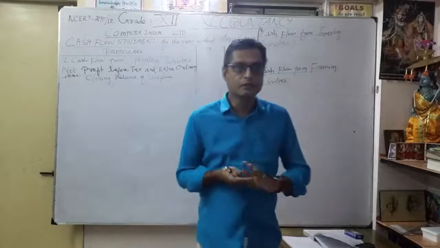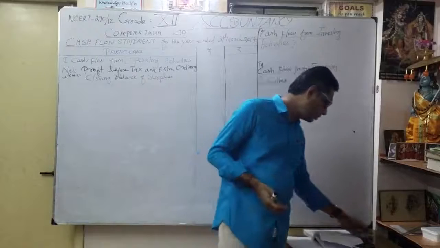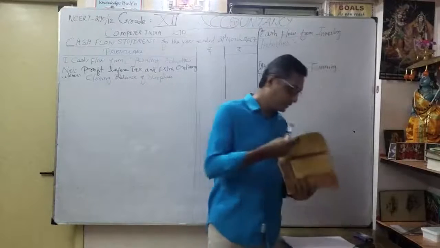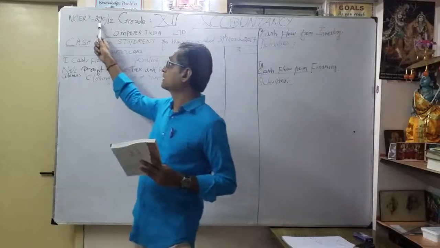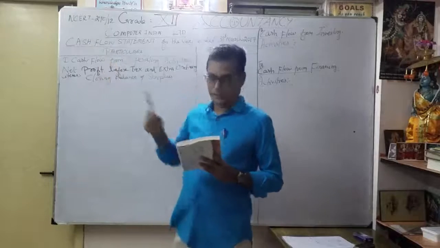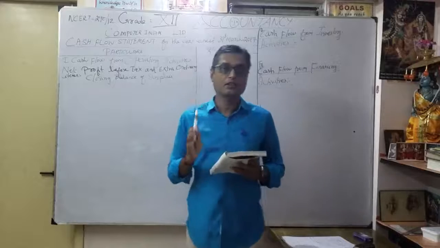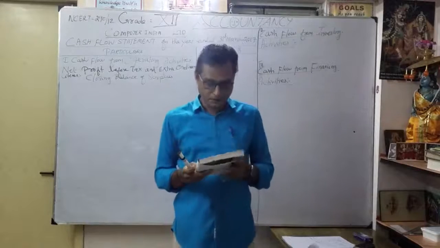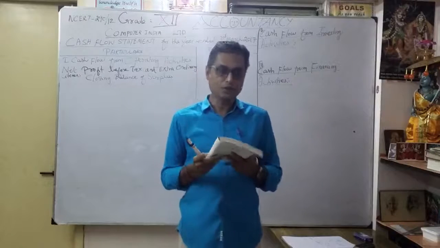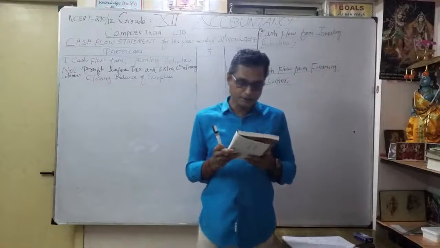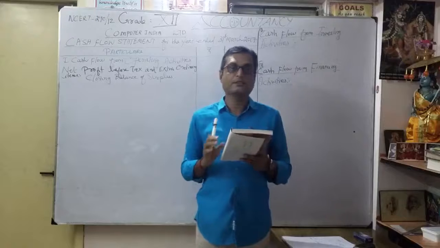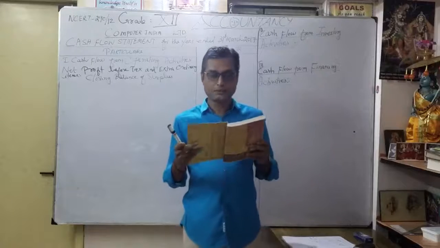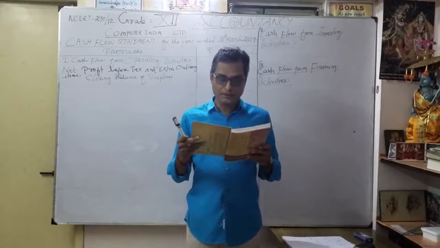So we again take our NCERT book, sum number 12. Okay, we will discuss the last sum. See page number 290, then next is 12. That is the last sum of our cash flow statement. So I am going to take the NCERT book. From the following balance sheet of Computer India Limited, prepare cash flow statement. They have given the balance sheet, thereafter notes to accounts, then additional information.